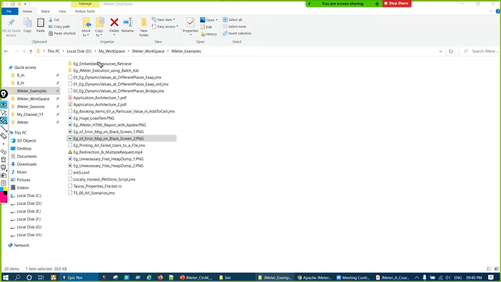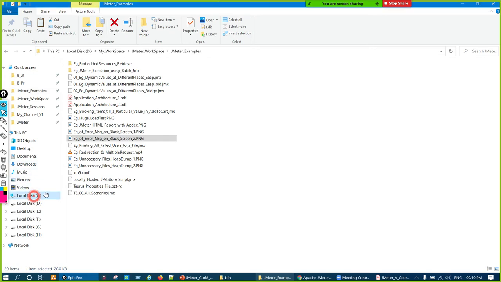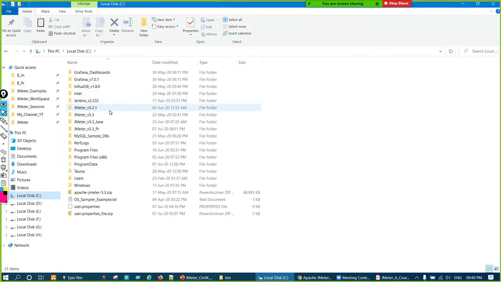Between my and workspace I have given one underscore, JMeter workspace I have given one underscore, JMeter example I have given one underscore. We should not give direct white space. White space means a space between two words in a folder name. Generally that is a best practice. And in JMeter you have to follow that or an error will come.